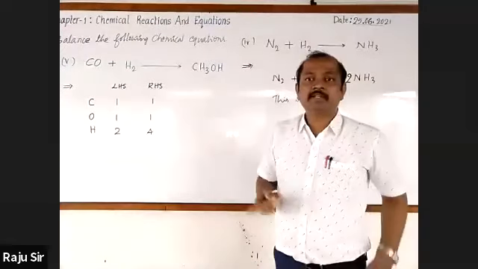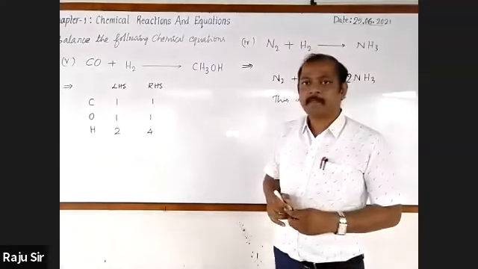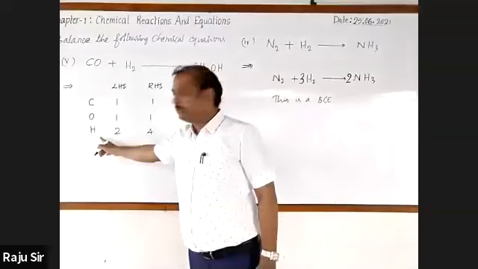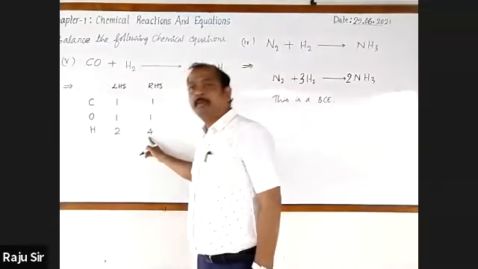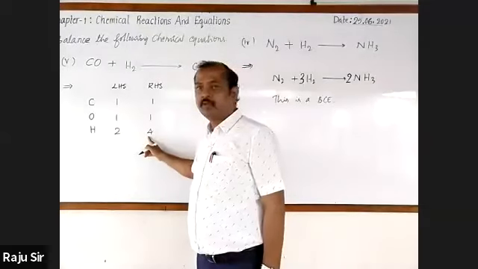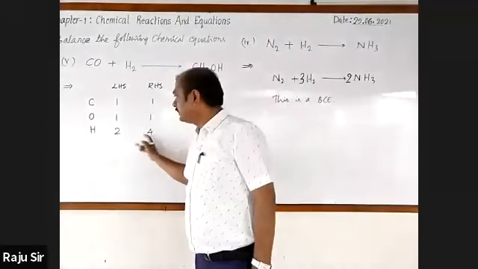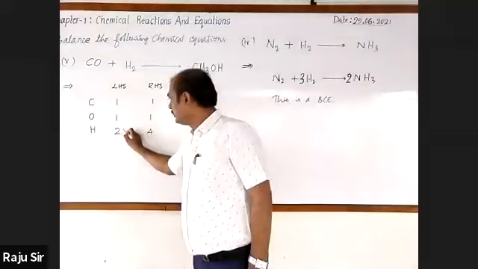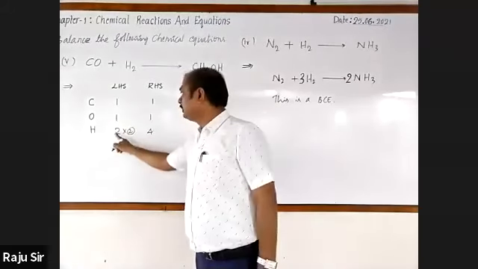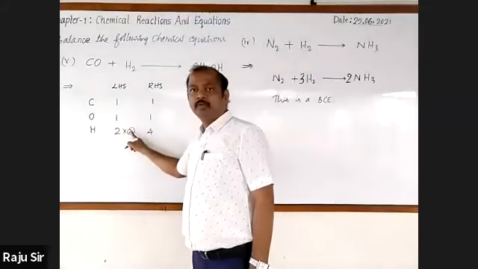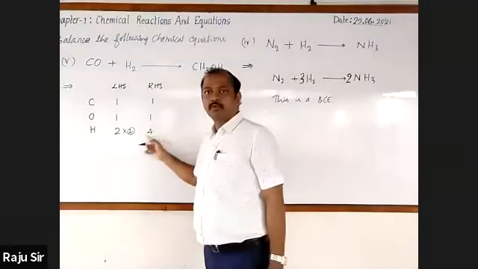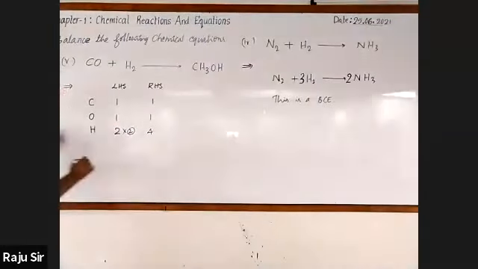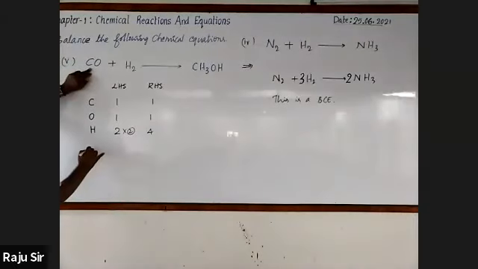Now, which element is to be chosen? Hydrogen, sir. Multiplying by 2 on the left hand side, this should be balanced. How do you go for balancing it? By multiplying by 2, sir. 2 twos are 4 and here also 4. It is balanced. Now let me write the chemical equation.